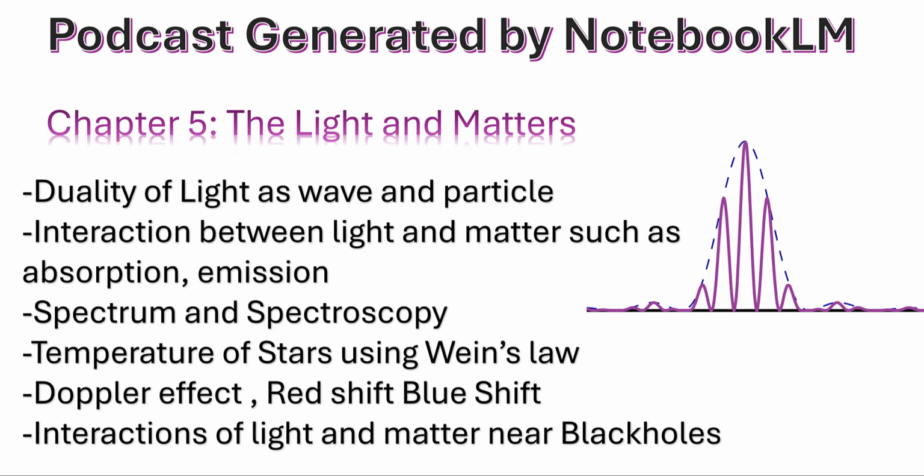Or both? That's a great question, and it's one that has puzzled physicists for a long time. The answer is it affects both. It affects both the wave and the particle aspects of light. Think of it this way. When a light source is moving towards an observer, the waves get bunched up. You see, their wavelength gets shorter. It's kind of like a slinky when you compress it. This is what causes that blue shift.